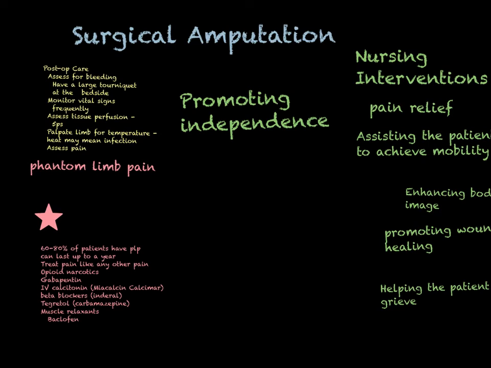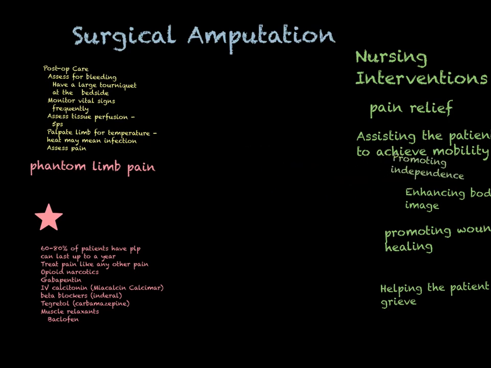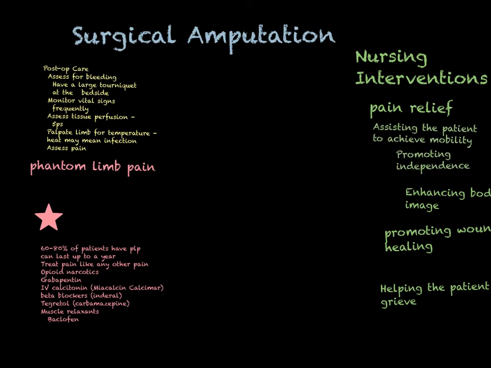If you're really interested in how some of this stuff works, you can go on the Amputee Coalition website, and they show how various people are living productive lives despite maybe upper arm amputations or other types of amputation. OT can be tremendously helpful to folks in getting them the right assistive devices and training them in how to maintain some independence. So that is going to be a very important goal for nursing care, particularly for people who end up in rehab settings or people who are in home care.